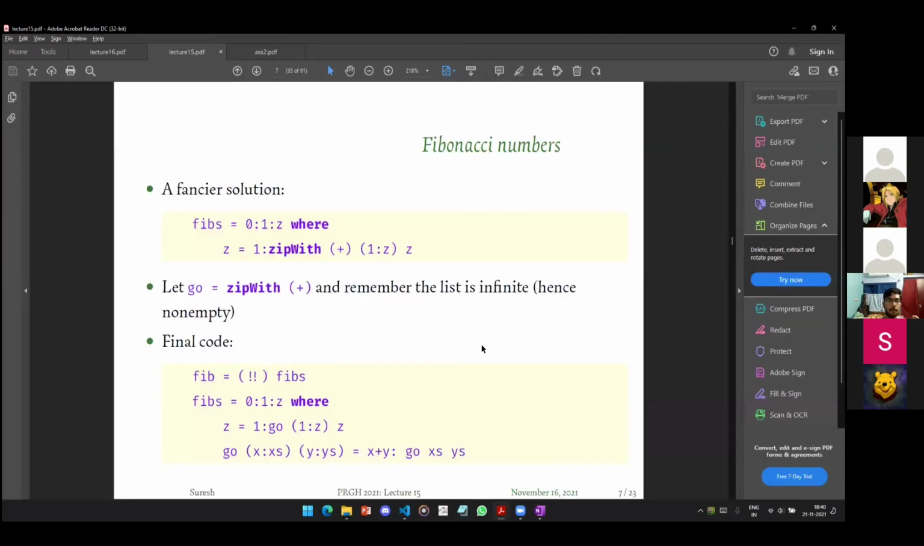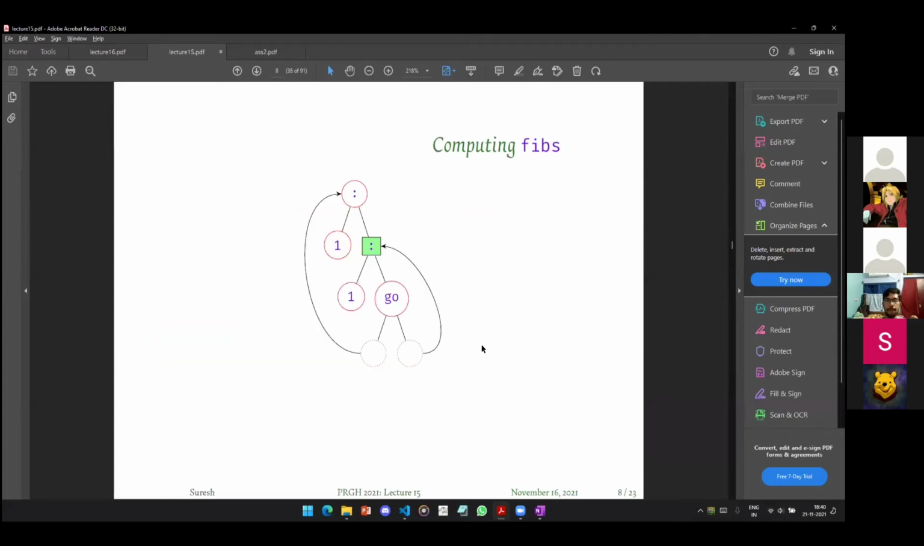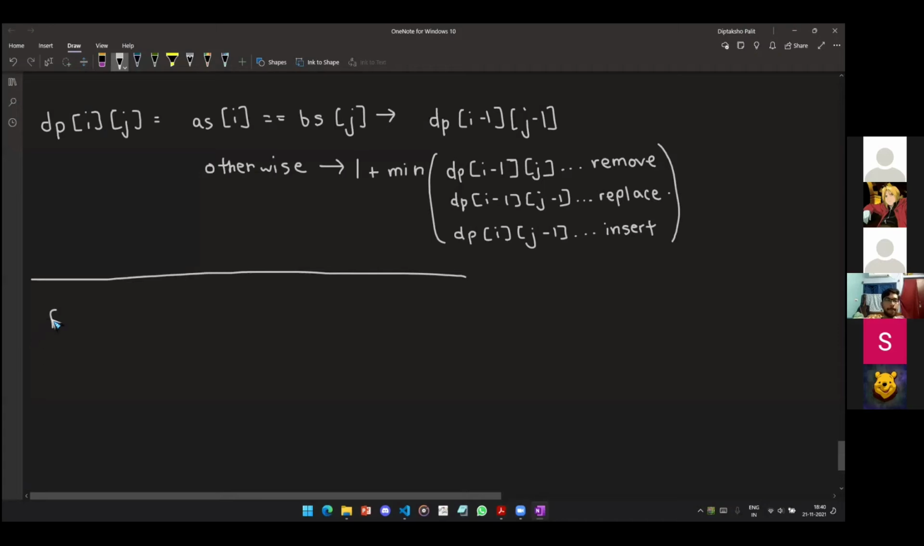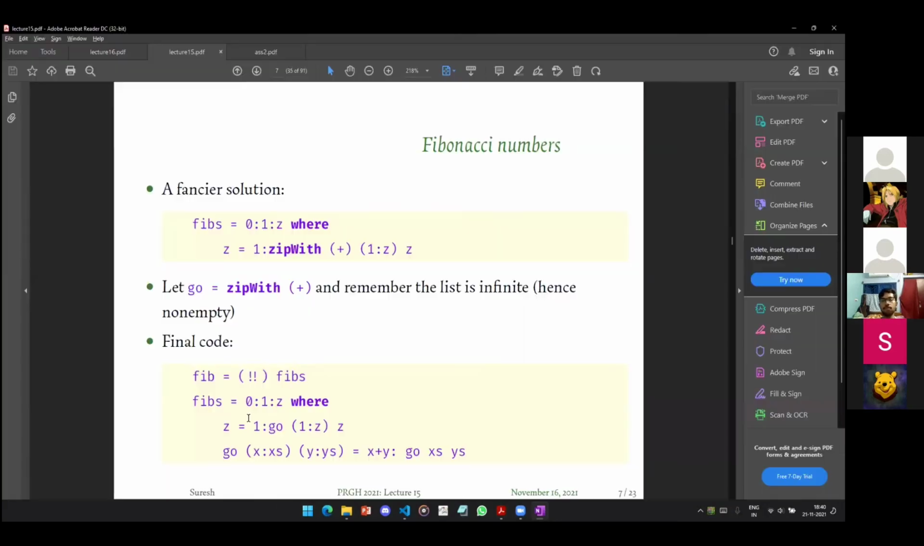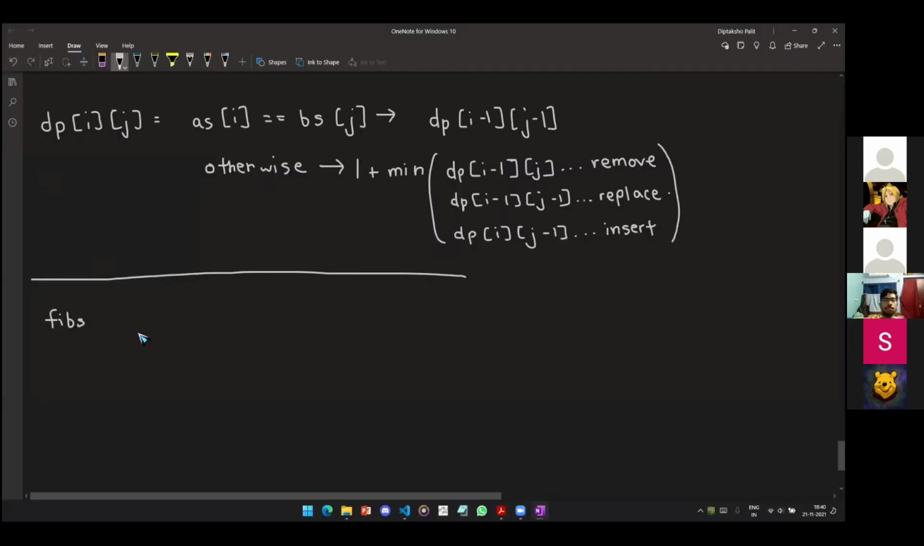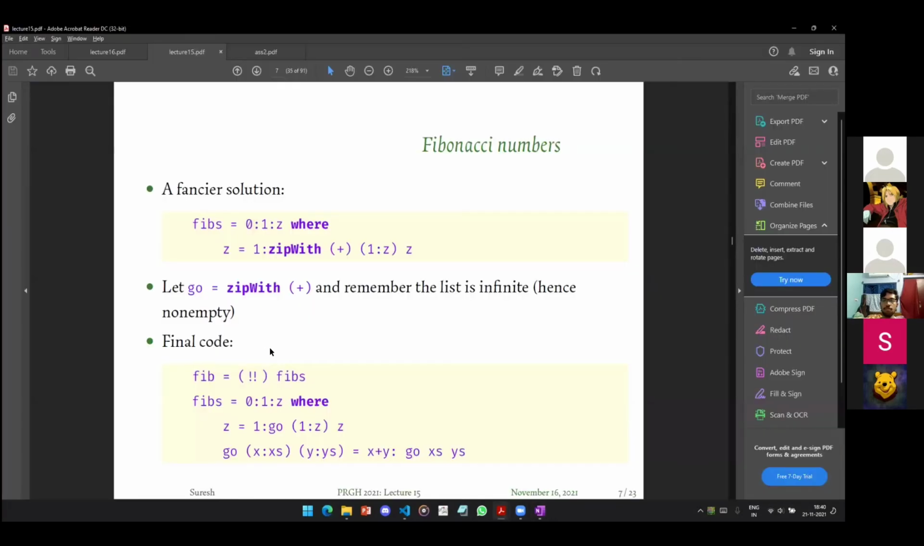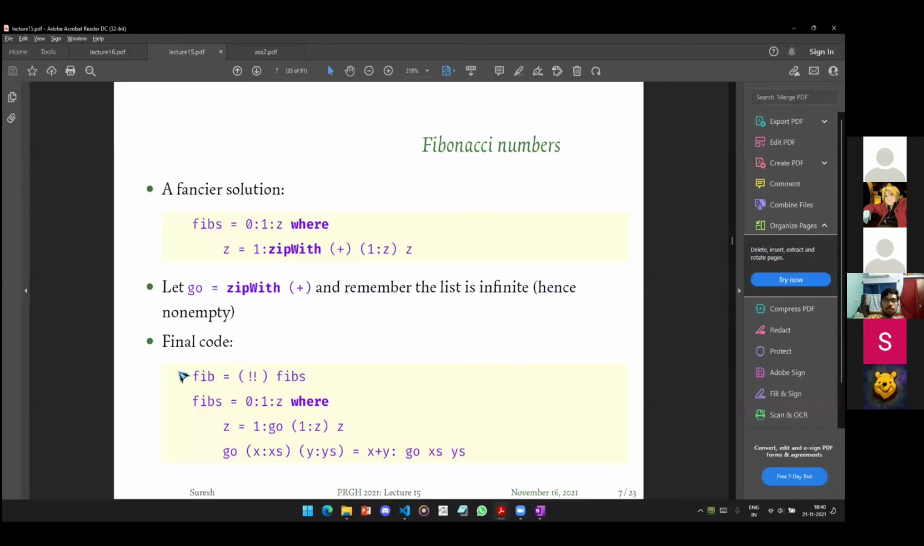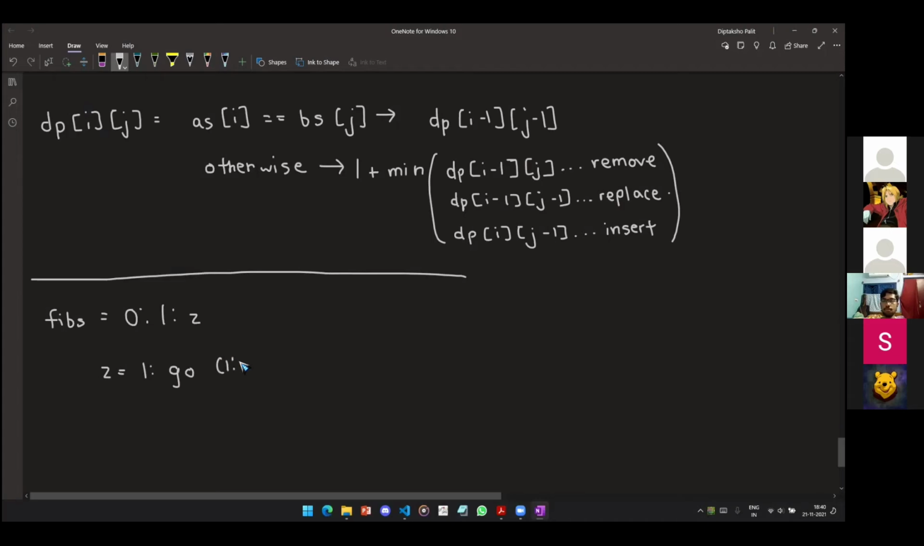And the first thing we wanted to do is this weird list thing. So what was the list thing that sir gave? fibs equal to 0 colon fibs. Okay, so this is basically the nth element of fibs. That's fine. So we want to calculate fibs, right? So fibs equal to 0 : 1 : z, and what do I have? z equal to 1 : go, 1 : z, where go